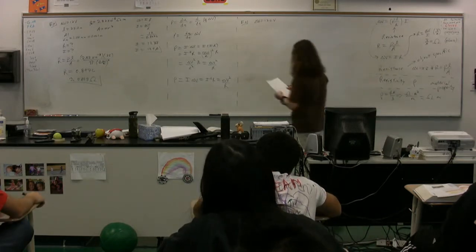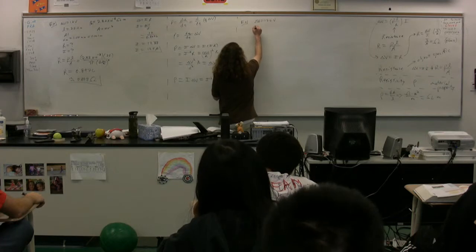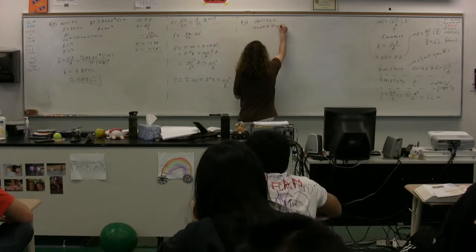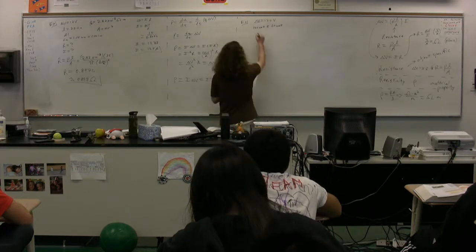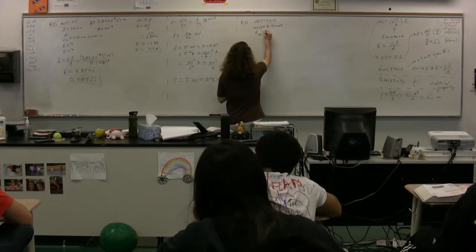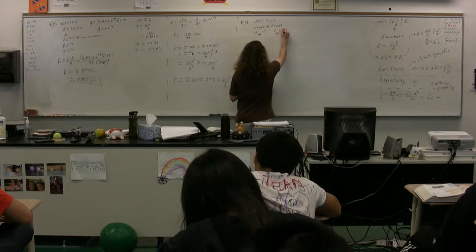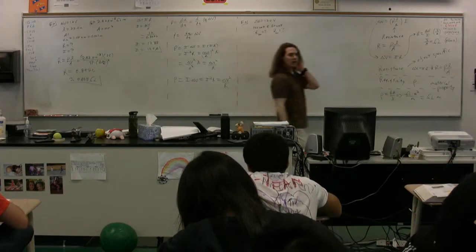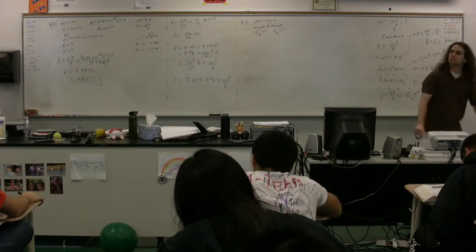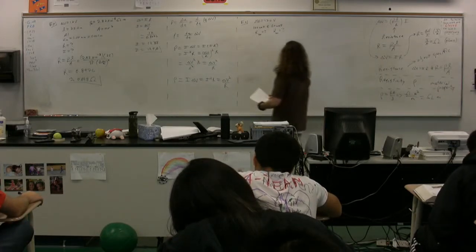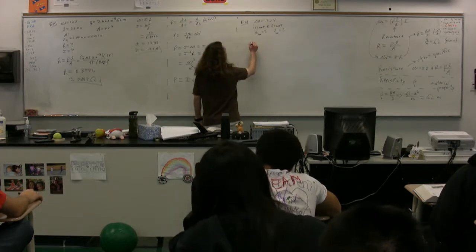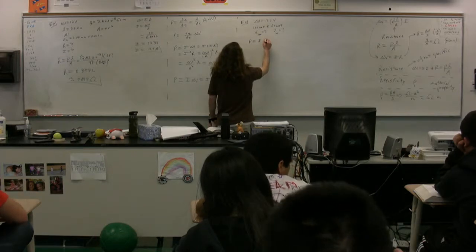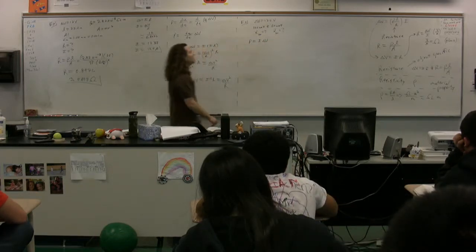So, let's take two light bulbs. Let's say we have a 100 watt and a 60 watt light bulb. And let's figure out the resistance of these two light bulbs. How are we going to figure out the resistance of one of these light bulbs? Bill? Well, you have power equals current times the potential difference. And then